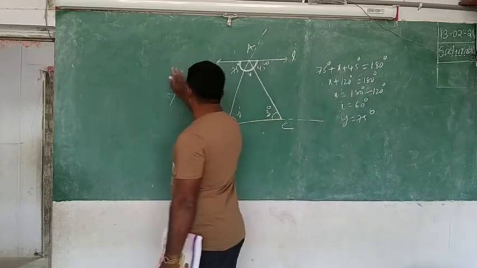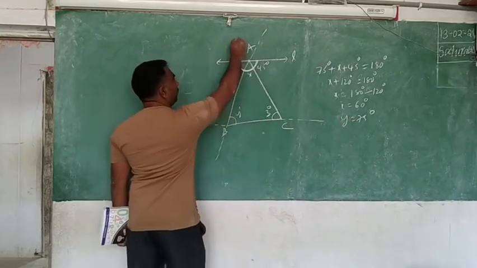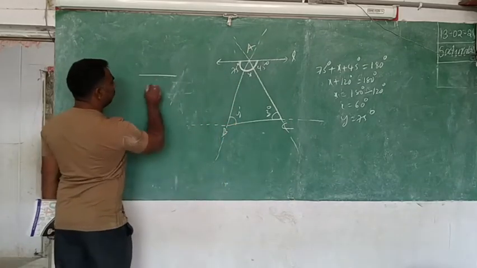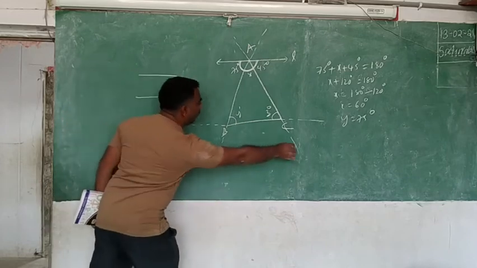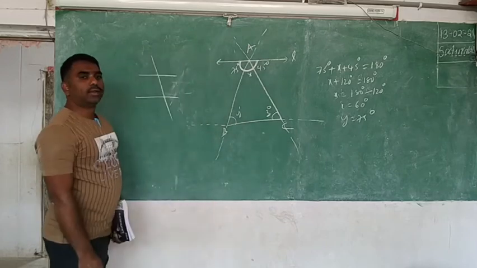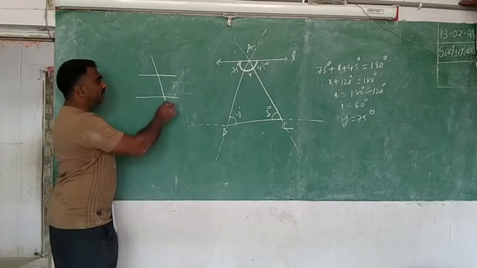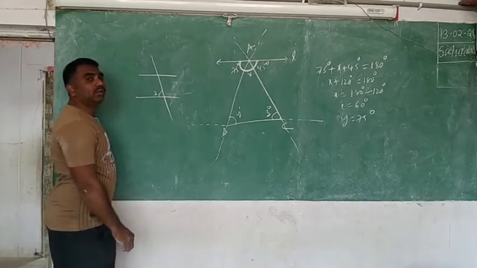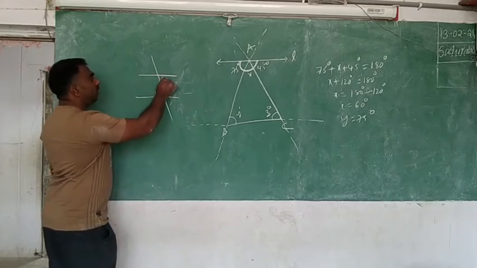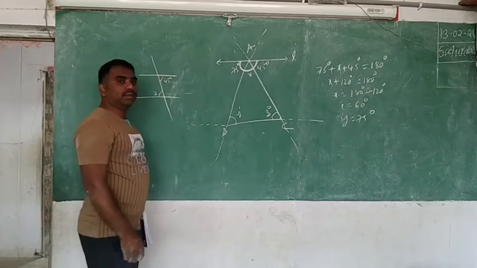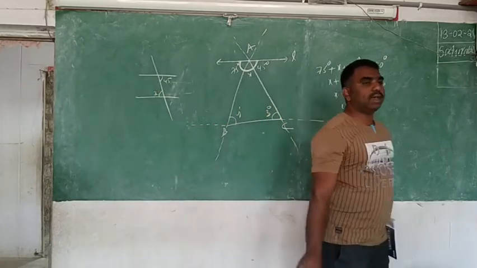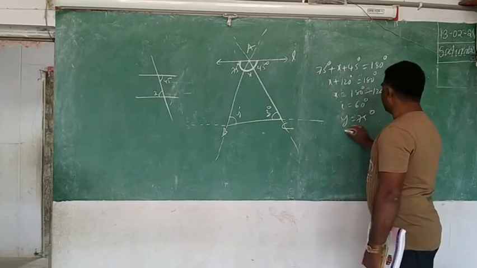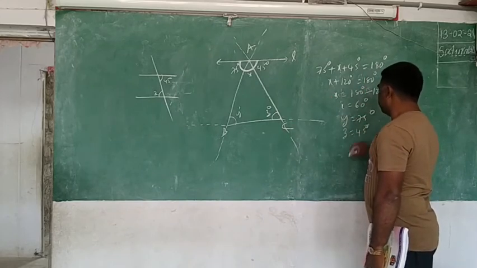Okay, that is completed. Now this one you produce. How is it looking? Two lines are there, and this one is a transversal. And which angle do you know there? Where is the z? Here, z is there. And one more known angle, 45. Where is the 45? On the right side. What are these two angles again? Alternate. You know when the lines are parallel, alternate angles are the same. So z is equal to how much now? 45. z is equal to 45.